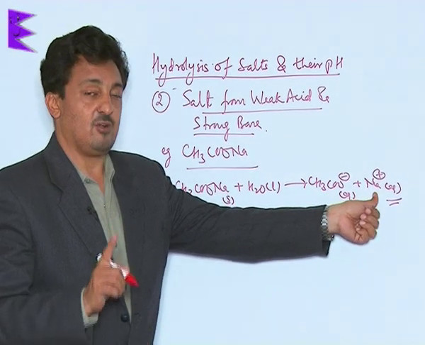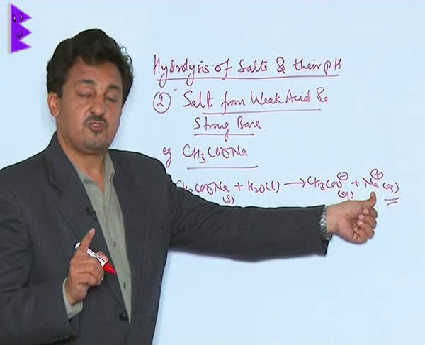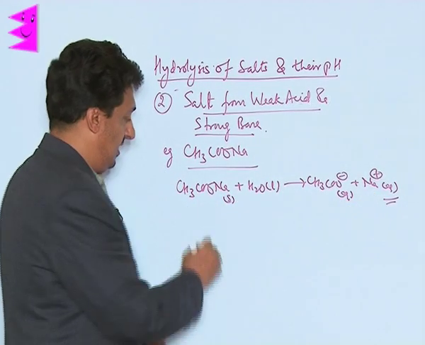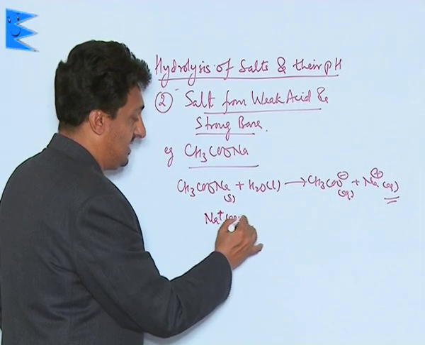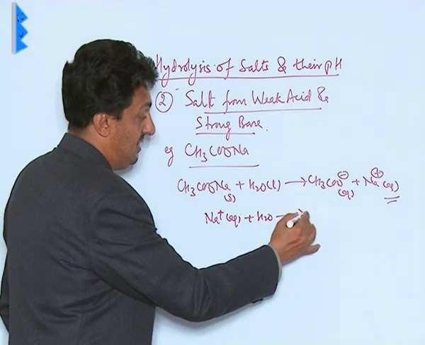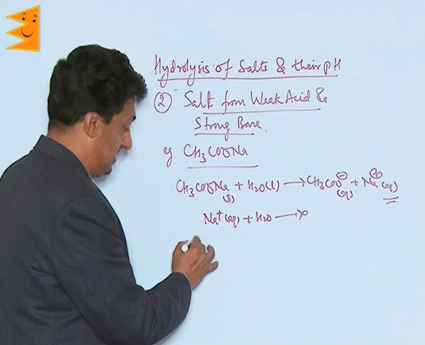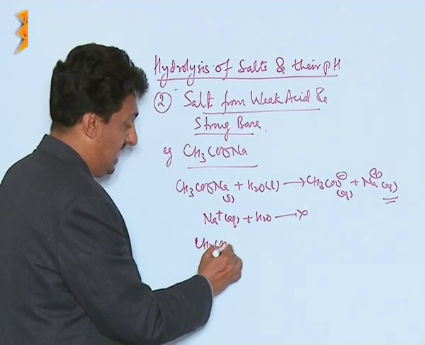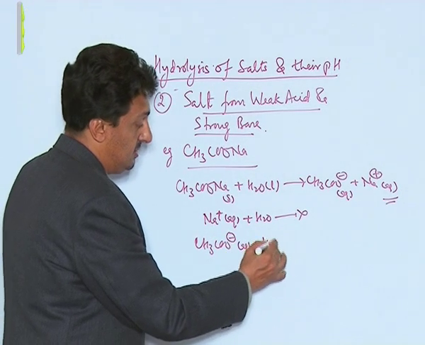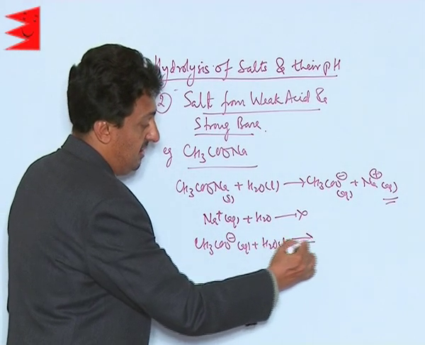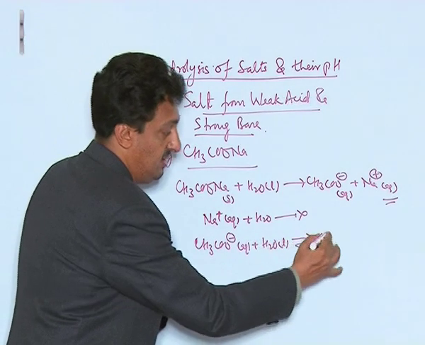Sodium ion is a conjugate acid of a strong base NaOH. Now these Na ions will not interact with water because they are very stable. But this aqueous acetate ion, the moment it is formed, will react with the water,